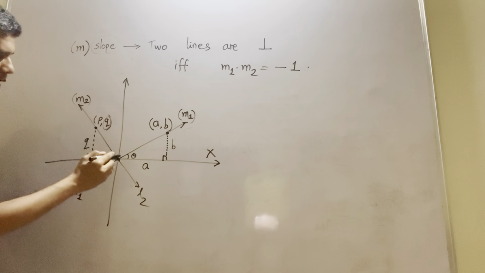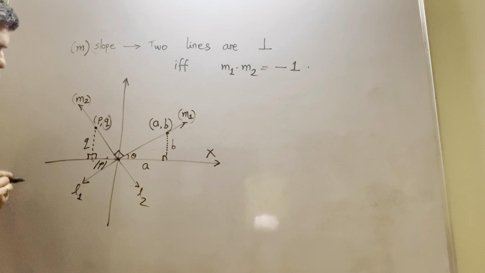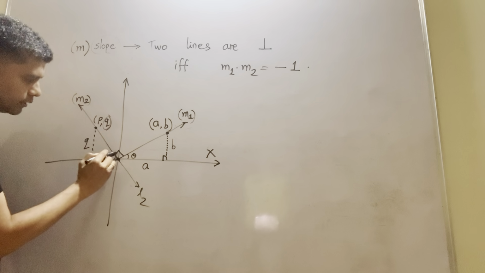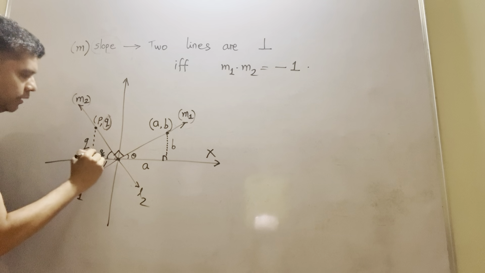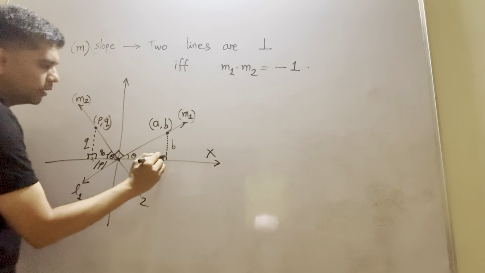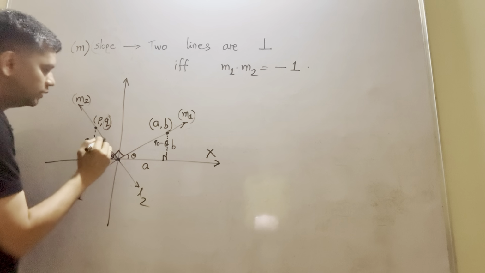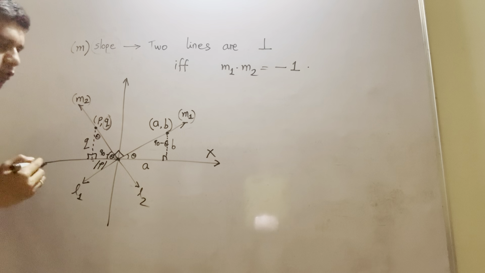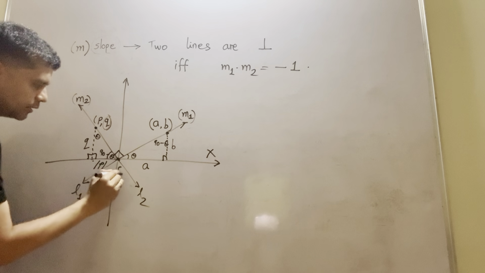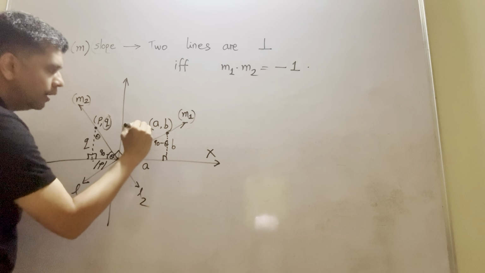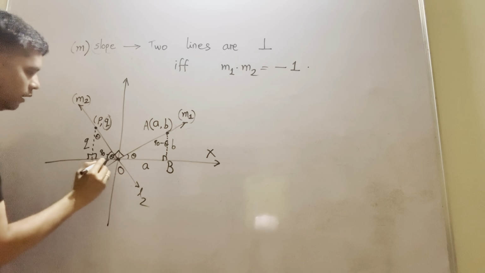So it is very easy. Please note these two lines are perpendicular. So if this is theta, this is 90, then this has to be 90 minus theta. Similarly, if this is 90, this is theta, then this has to be 90 minus theta, and this has to be theta. So can you observe, if I name these coordinates as O, then A, B, and this is O,